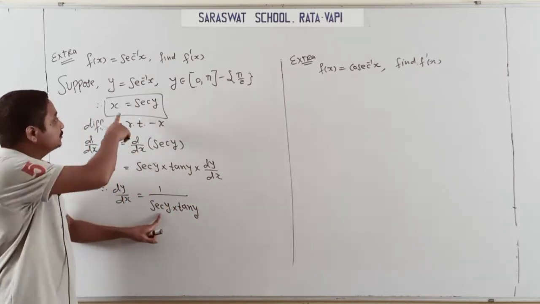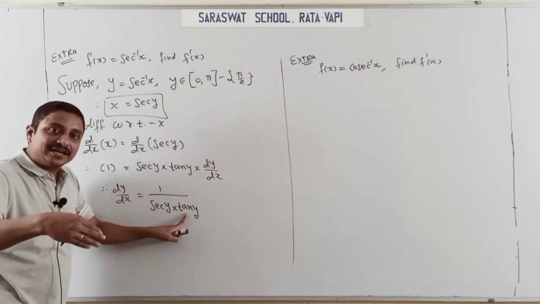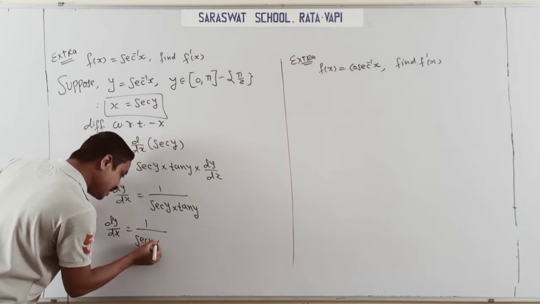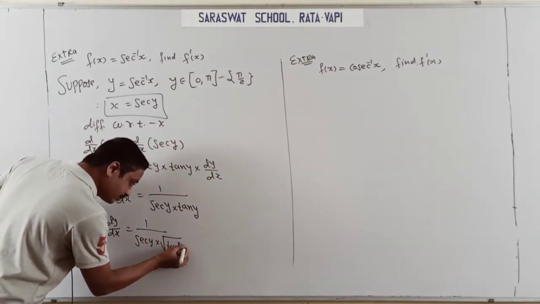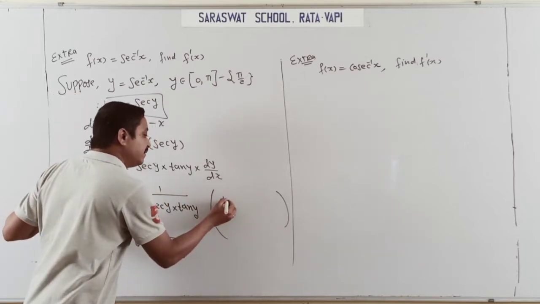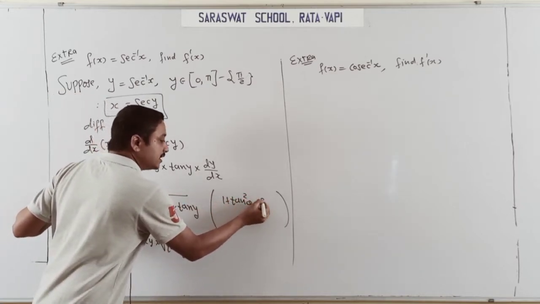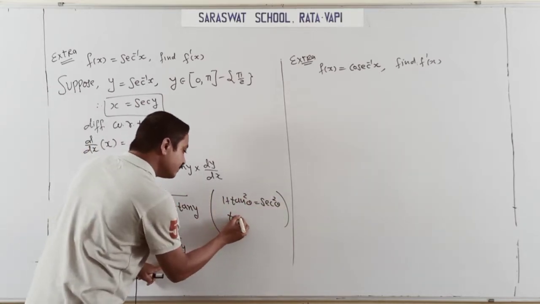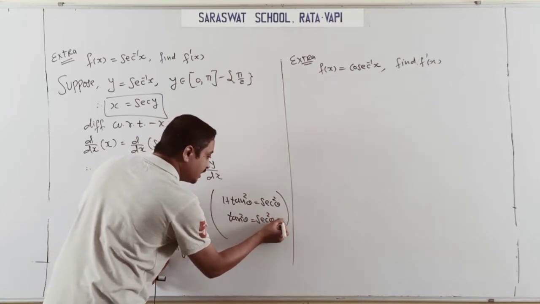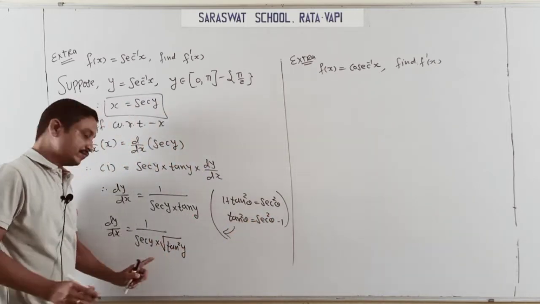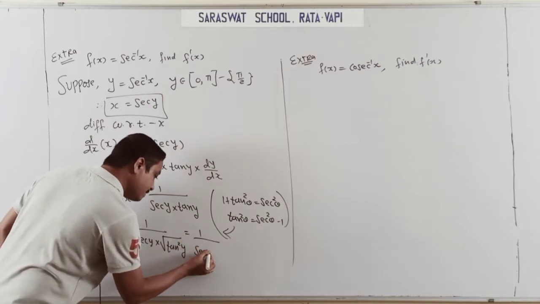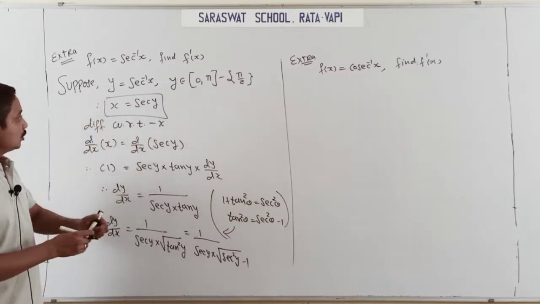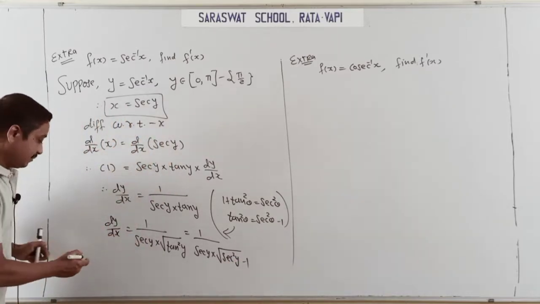Students, sec y is already known, but tan y I translate in terms of sec according to our identity. What is the identity? Yes, tan square y. Before operating, I just write down the identity: 1 plus tan square theta is sec square theta. So what is tan square? Yes, sec square theta minus 1. This value I attach. So 1 upon sec y under root, sec square y minus 1, students. And you already know the sec y value is x, just put it in and happily done.